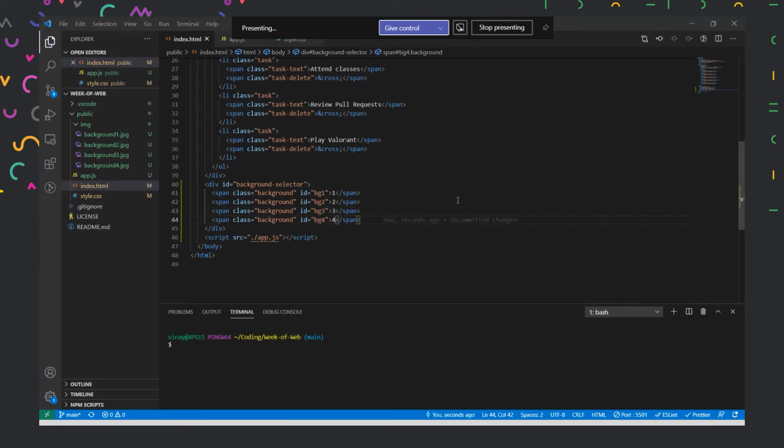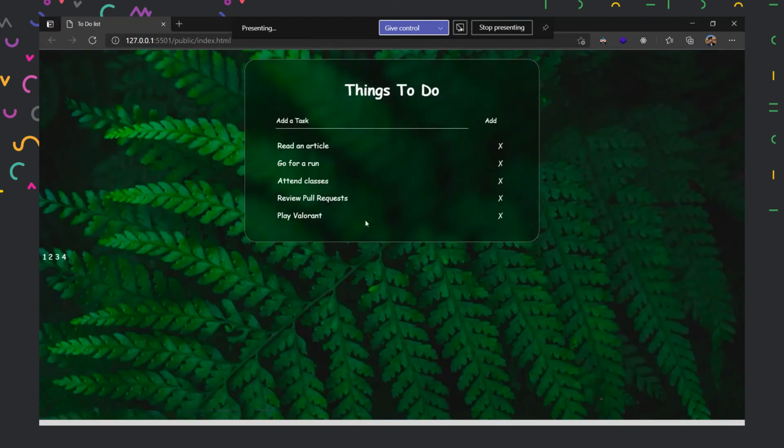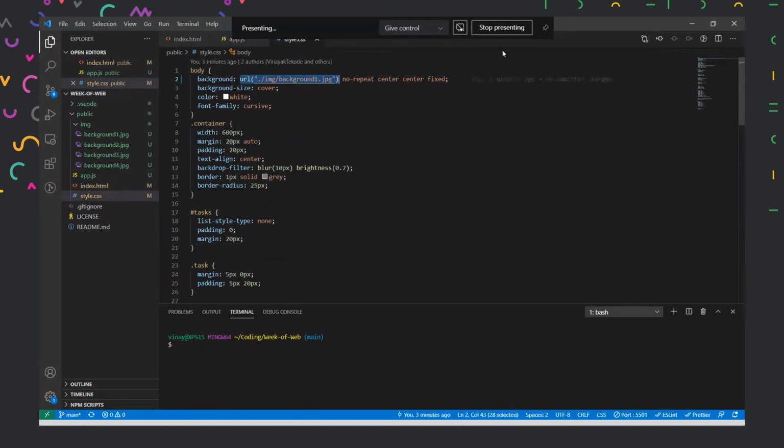And now if we see our website, all our elements are present over here, 1, 2, 3, 4. I don't want it to be here, and I don't want it to be 1, 2, 3, 4 as well. But I'm showing it as 1, 2, 3, 4 to see where it is, where we can see it in our document. So now let's style it and bring it to a proper way where we want it to be.